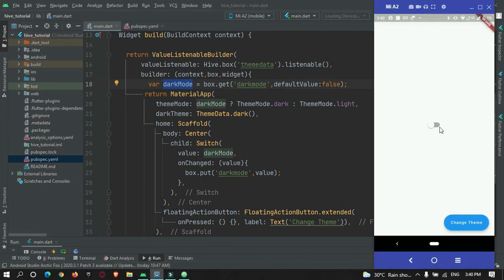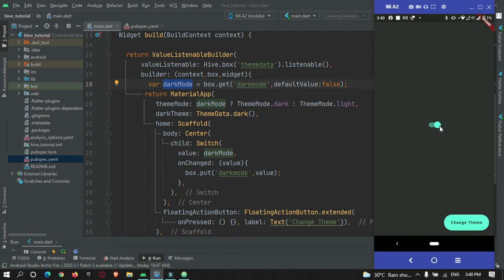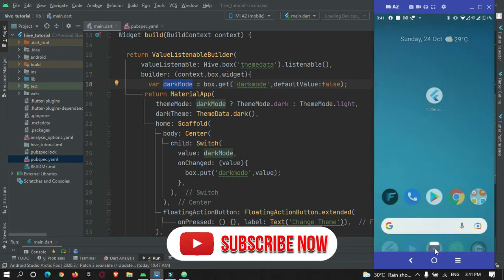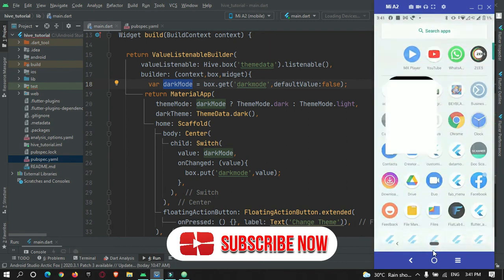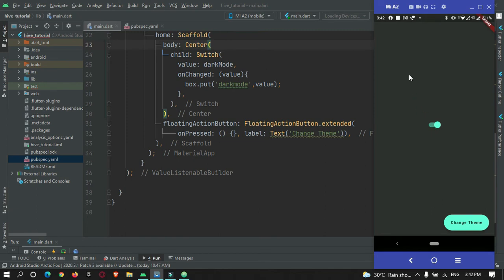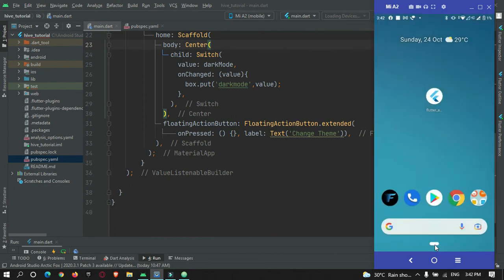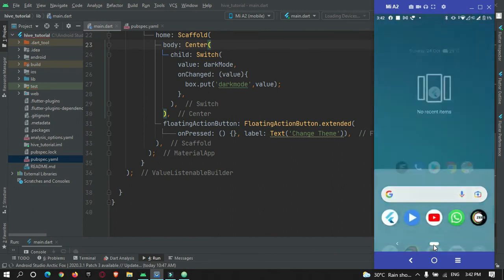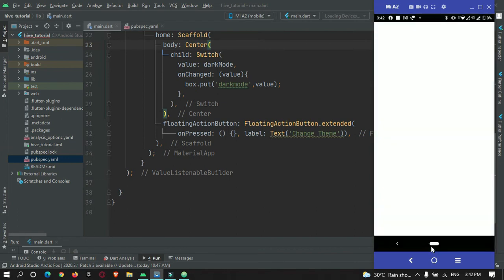So the app got refreshed, and now you can see as the default value is false, the switch is off for now. So now when I turn it on, you can see our theme is dark now, and if I close the app completely and reopen the app, let's check. Okay, so as you can see, before leaving the app we had selected the dark theme, and after restarting the app we still have the same theme. Okay, so now I will just stop it, force stop it, and I will just reopen it again. So let's check if it is working or not.